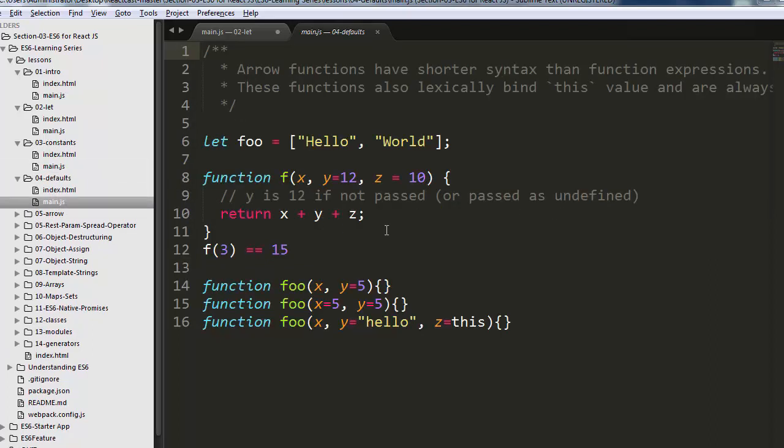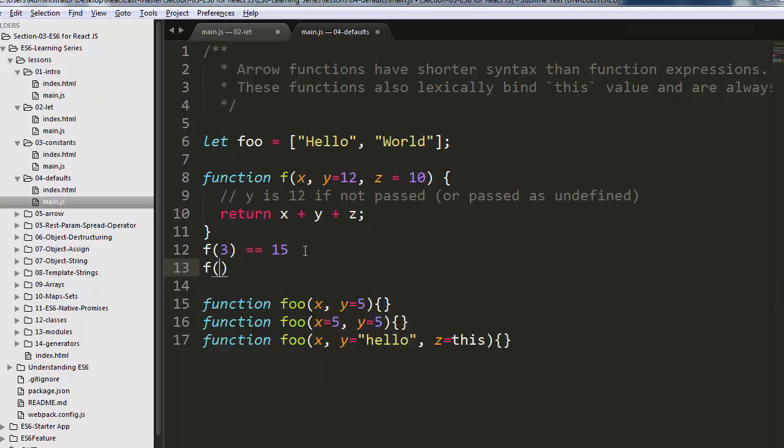In the default functions you can initialize the function parameter with some default value. This is giving us a benefit, like if you do not want to pass y and z, then y and z will be initialized with 12. Here x you are passing, y is initialized with 5, you are passing y as 5. Okay, so let's talk about this example first. Line 13, f3, you are passing only the first value, x equal to 3, and y and z are already there. So when you pass something like this,